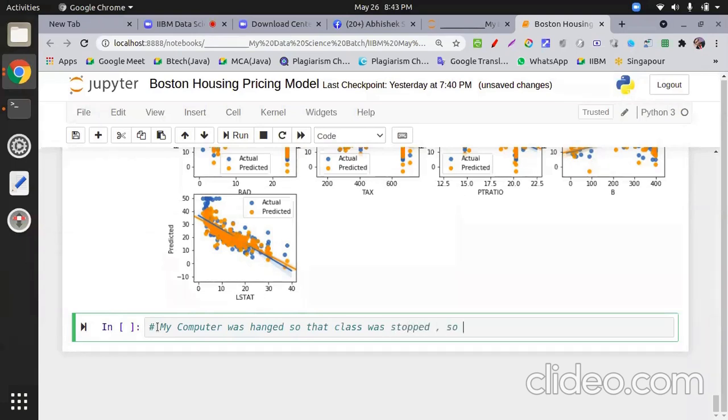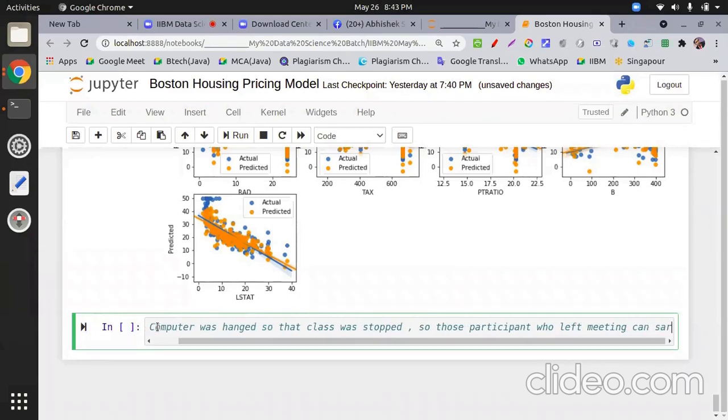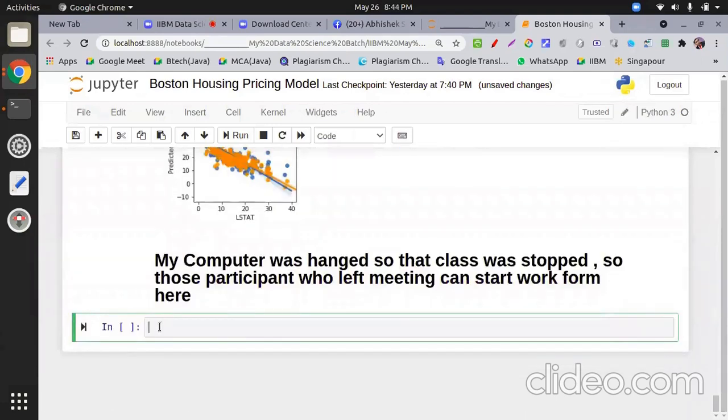Those participants who left, the meeting can start, work from here. If I get the message, this PDF will be sent to all participants.